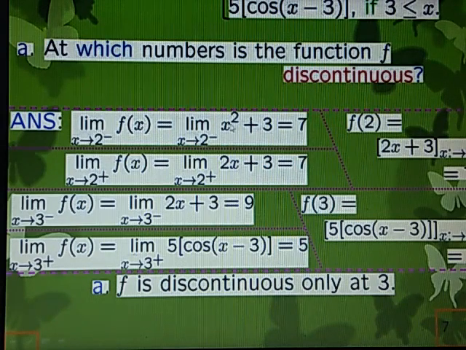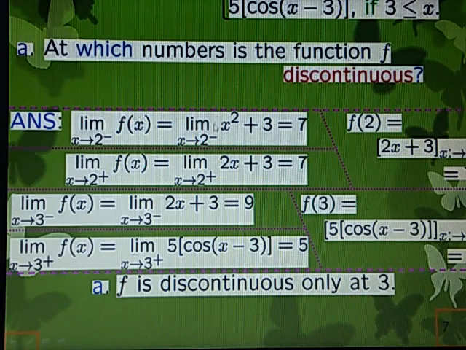The function I am again using here, so you don't need to see the entire function, it is not visible here, but we can attempt it. The first question we will attempt says find the points where it is discontinuous. So you look at the function on the left of 2. That means when x is less than 2, you will find f(x) is defined as x squared plus 3. And what is x approaching? x is approaching 2 from the left side. That means x is slightly smaller than 2.